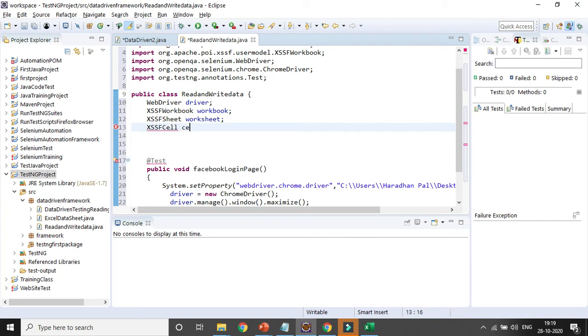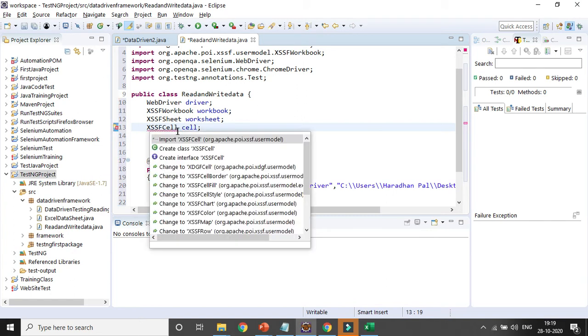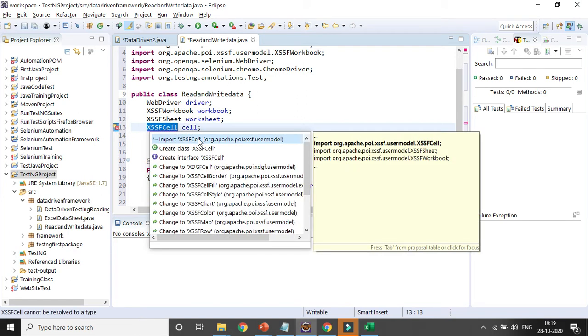Then I will create the variable named cell and import it. Until you upload all the jar files in your project, it will not be visible. That is the reason you need to import all the Apache POI jar files in your project, so that the classes and methods will be available from the relevant packages.